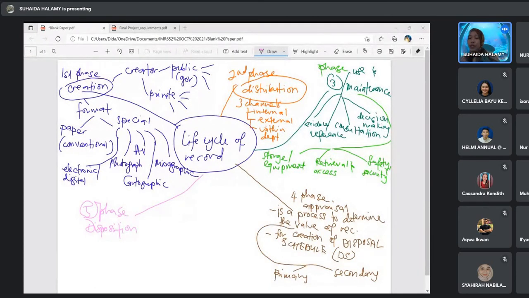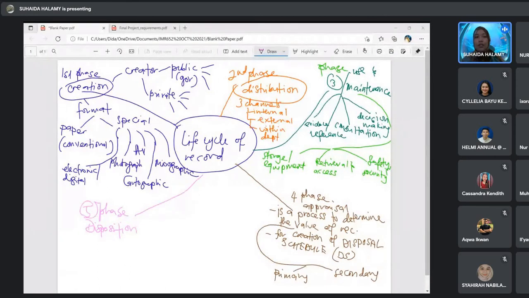We know from the disposal schedule that we have from phase 4. That's why we can proceed to phase 5. If we do not do appraisal and have no disposal schedule, we cannot do the disposition process. So how do we know to do disposition? Because we refer to the disposal schedule.